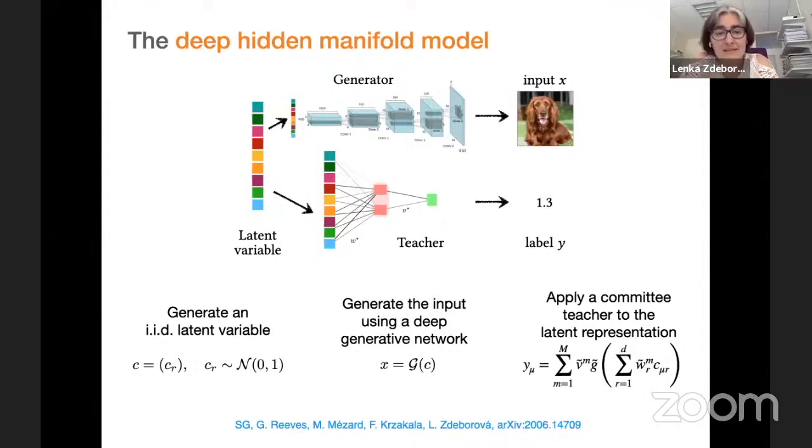So again, the data is generated by taking random inputs C to a generative neural network that I'm here just calling G. It can be something pretty generic that generates the data. And then the labels are generated as before using, this time, a committee machine. So one small hidden layer neural network with weights here that are the W tilde and V tilde. So that's the neural network that generates